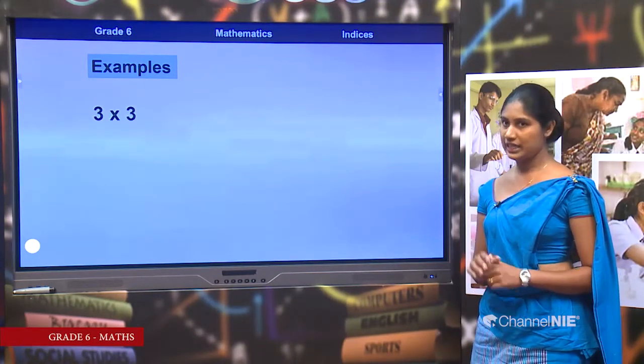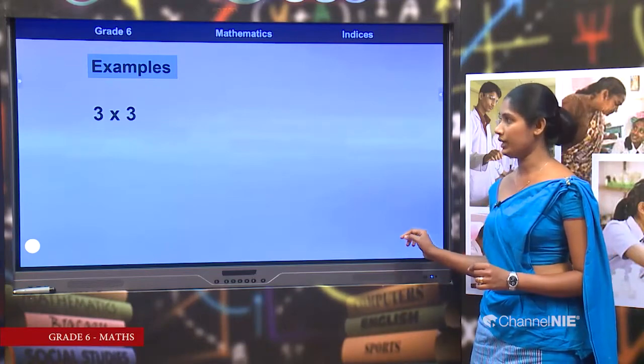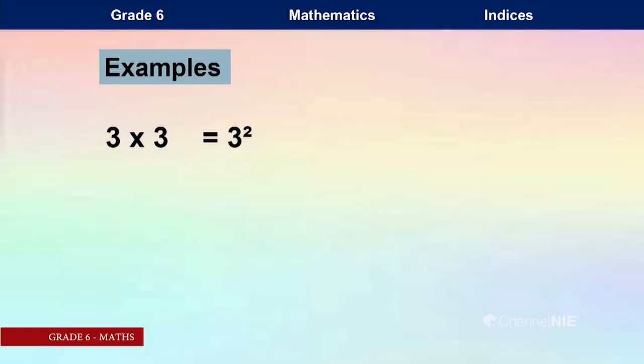First one, here you can see 3 has been multiplied by another 3. So, we can write it by using only one 3. Here how many 3's are there? That is 2. Then we can write this 2 at the top right side of this 3. Here how many ones are there? 1, 2, 3, 4. Then we can write this 4 at the top right side of this 1, because there are 4 ones here. We can gather and write this concisely. So, this is the index notation.